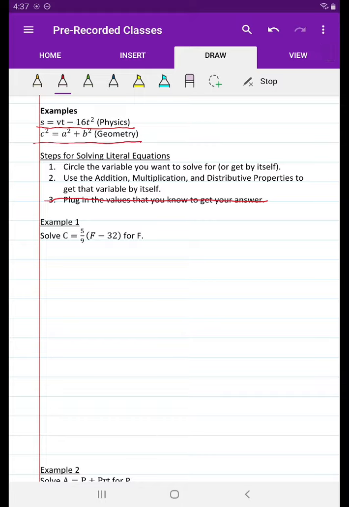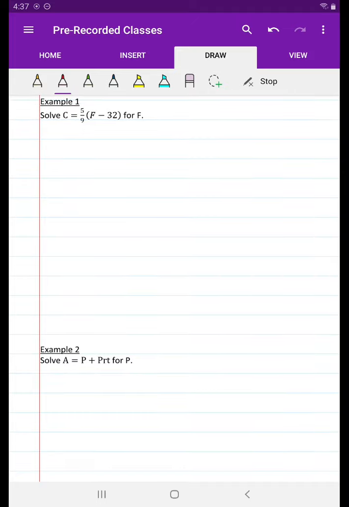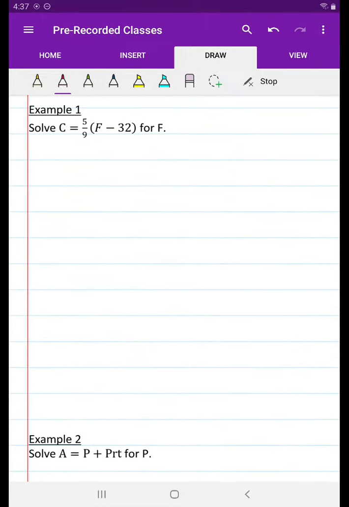All right, so we'll run through these examples here. So for the first one, we have C is 5/9 (F minus 32), and we want to isolate this for F. And in case you didn't know, this is the formula to convert from Fahrenheit to Celsius temperature. So we want to isolate F. So what I'm going to do, I'll just circle that in red for now. And so if I copy this problem over initially, let's see, C